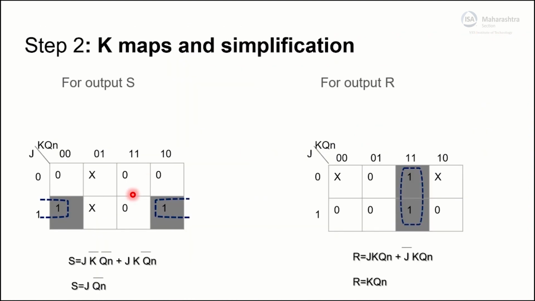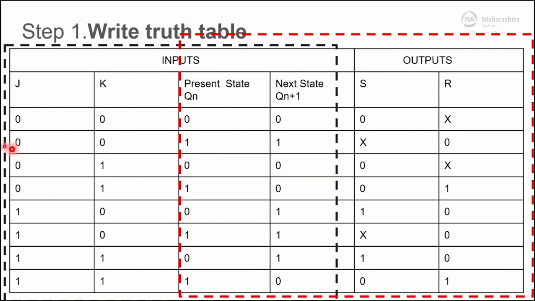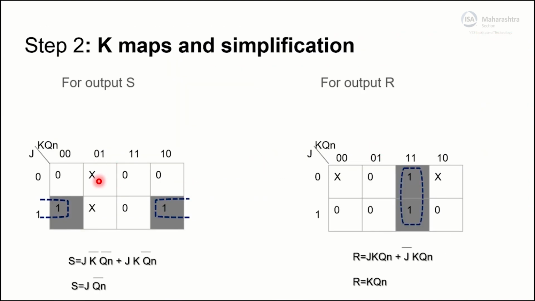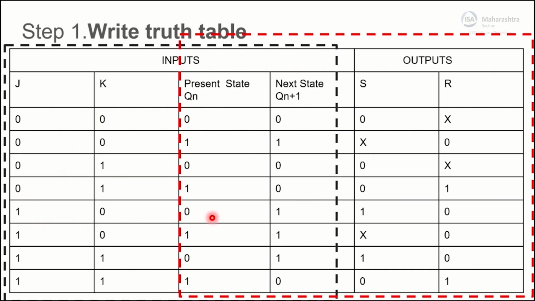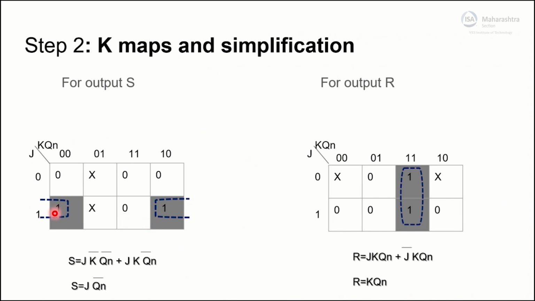Now, J is equal to 0 and K, Qn equal to 0, 1. So in truth table 0, 0, 1, we get S is equal to X, which is a cross. Similarly, at J equal to 1, you can see K, Qn equal to 0, 0. So 1, 0, 0, look into the table, we get S equal to 1. Same you fill the rest of the entries to deduce the outputs of S and R as follows. Now you get a simplified expression. S is equal to J Qn bar and R equal to K Qn. So final S output is J Qn bar and K Qn when you simplify the expression.